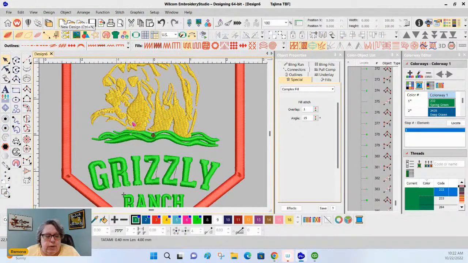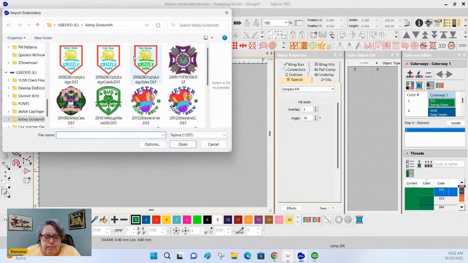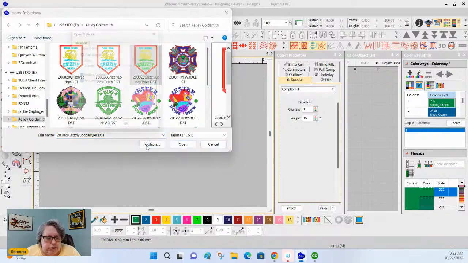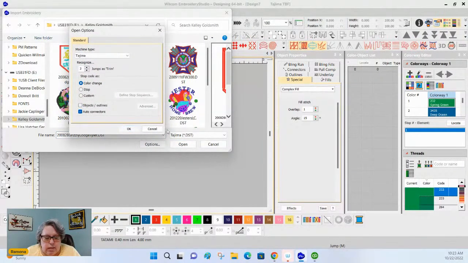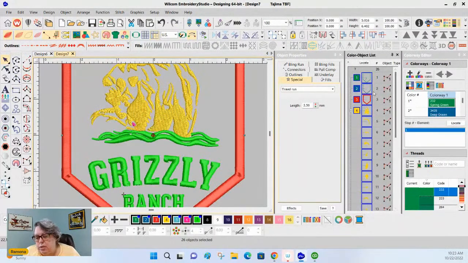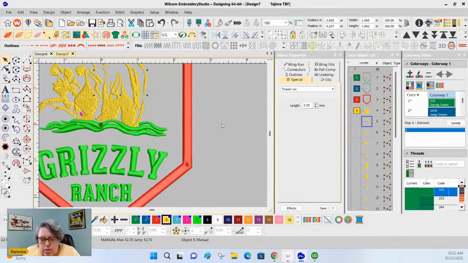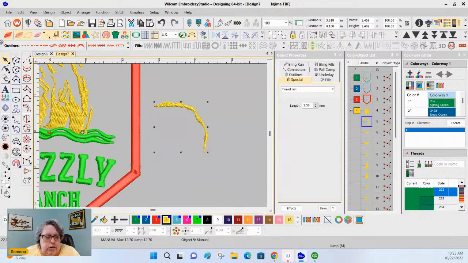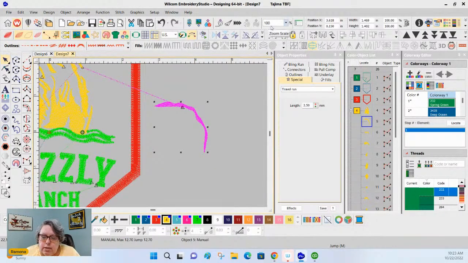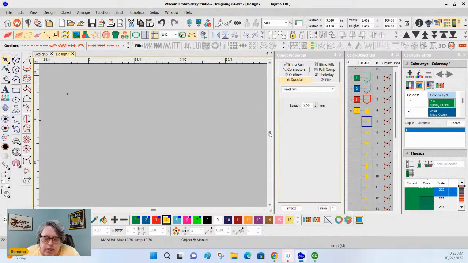All right. I want to do that again because I want to show you the difference. So only this time, I'm not going to click Options. Let me make sure that that's off. Yep. This is what I used to get. And if you look over here, what you get is just stitch information. It's all stitch information. If I pull this out and look at it,